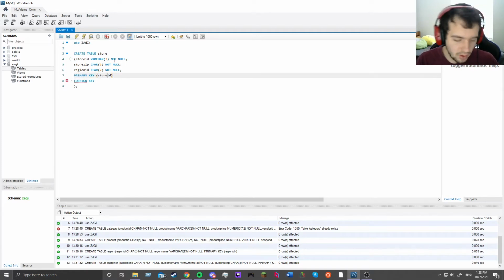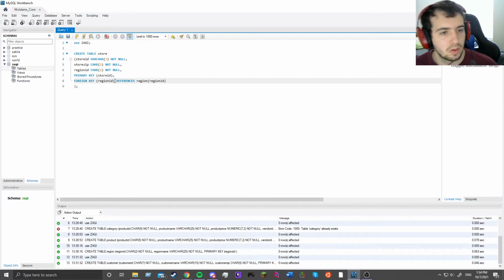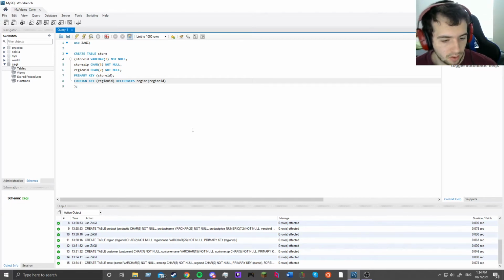Oh yeah, I didn't put a comma here. Let me do that real quick. And the foreign key is going to be region ID, and it references the table region, and the region ID inside of that table. Alright, and there you go, it worked. We're almost done with all the tables. So now what we do